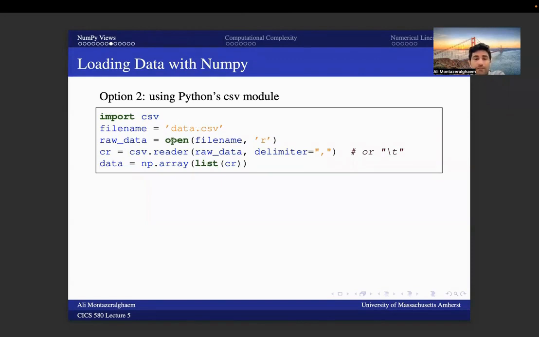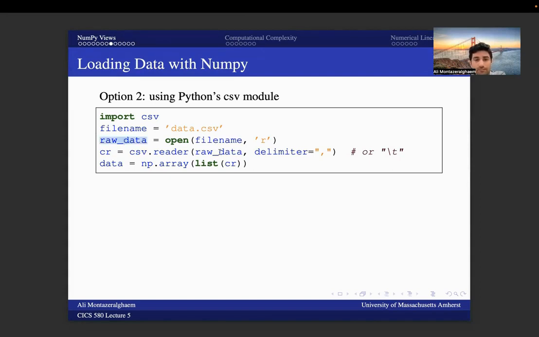And then we also, same as option 1, need to have another open object and then pass the file name and pass the mode, which is reading. And instead of doing a for loop like this here, we just need to call a function from this module, which is reader. We just call csv.reader and then pass the file that we have here,